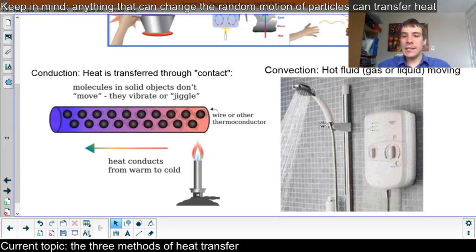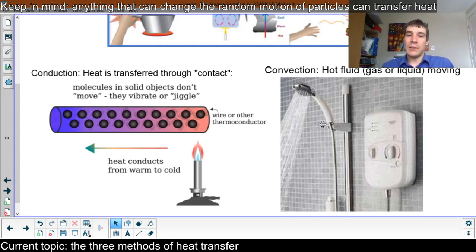But it's not like it's heating up at the shower head, right? It's heating up in the hot water tank. How does that heat get to me? Well, it's stored as a big bunch of hot water in my hot water tank, and then there's a pipe that brings that hot water up to me in my shower. So thermal energy has been transferred from my basement to my second floor where I'm taking my shower, but it